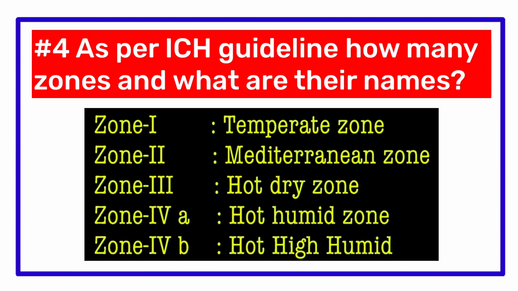Zone 1 is called the temperate zone. Zone 2 is called the Mediterranean zone. Zone 3 is called the hot and dry zone. Zone 4A is called the hot and humid zone, and zone 4B is called the hot and high humid